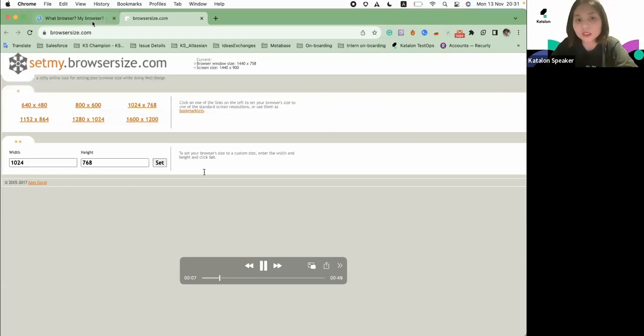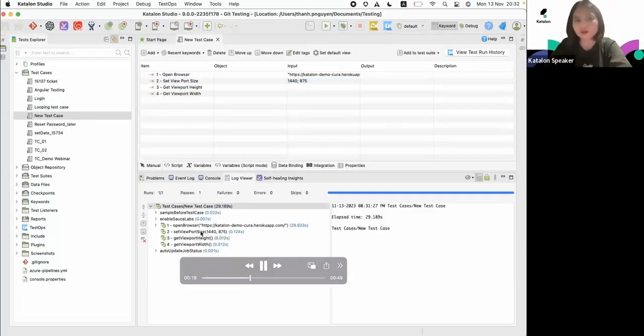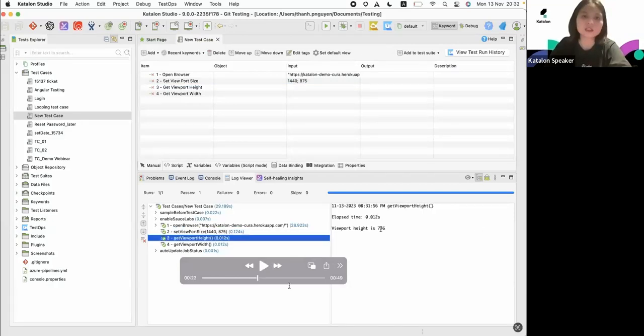Okay, let me set it in the set viewport size keyword. After running the test, I will compare the 746 with 1440. Okay, I check with another browser, either browsersite.com, and